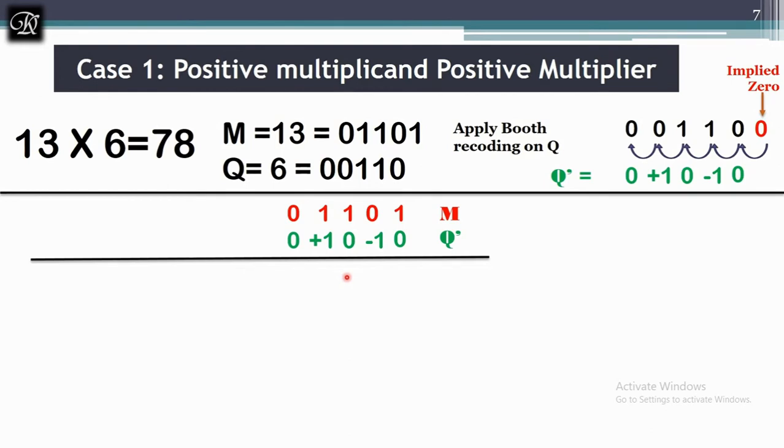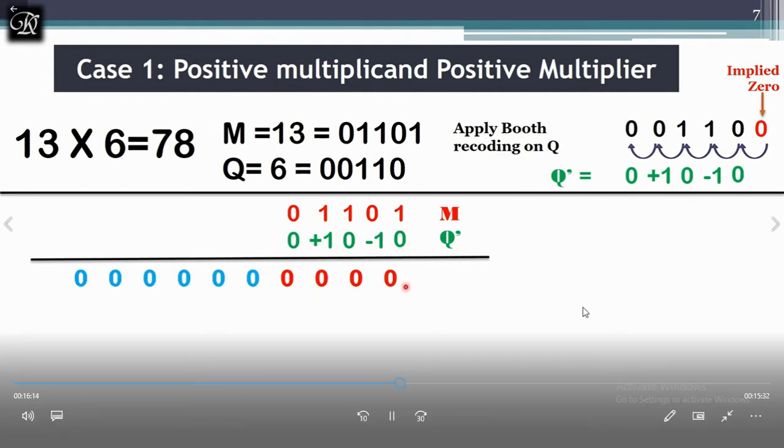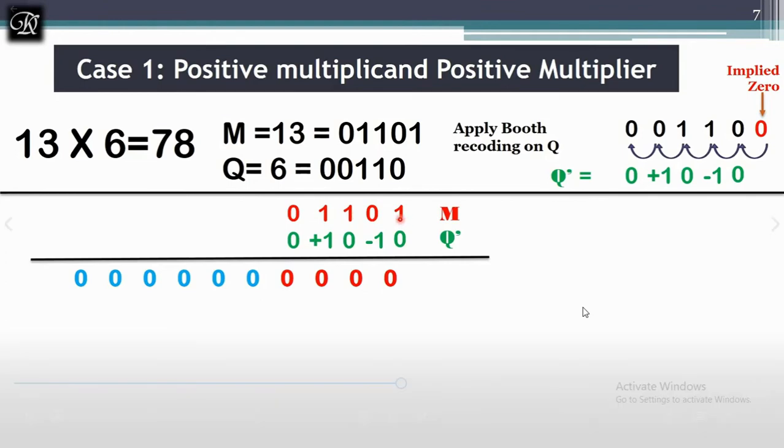This is the first rule of your Booth algorithm. So what I will do now, I will be multiplying M with 0. So now the answer should be 0, but I have to represent it in 10 bits. That is what I have done. And you have to see here, these 4 bits are from the number 1101. 1101 is multiplied over there. So I got 0 over here. This is the additional 0 that I have written here. This is the sign bit.